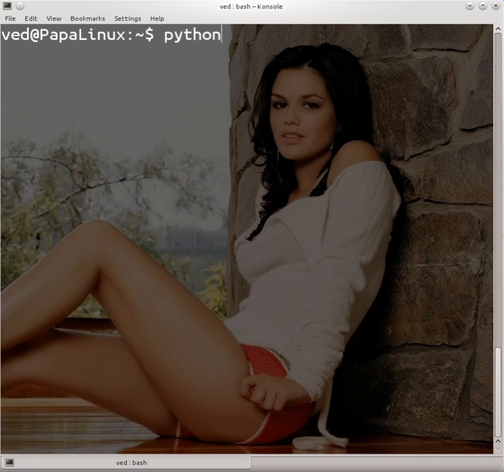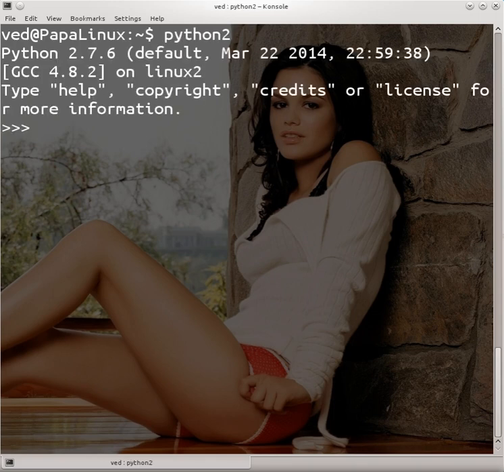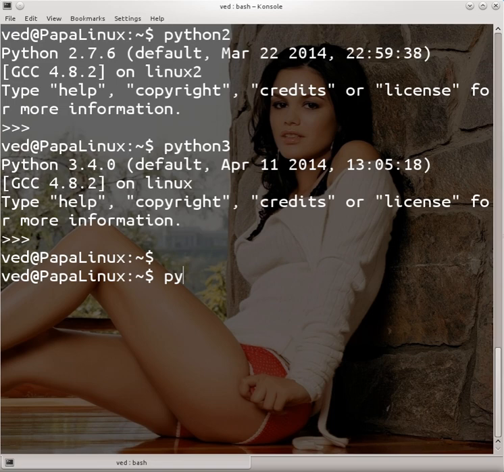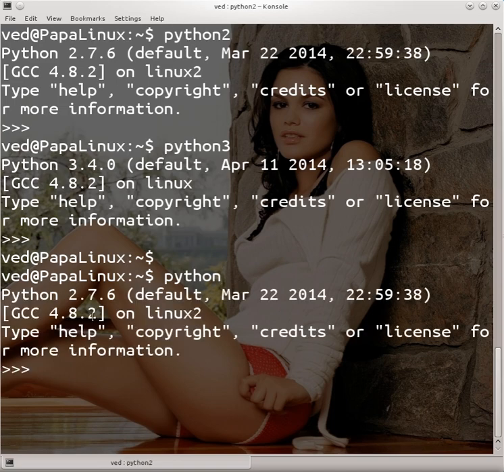The first one is Python 2.7.6, and the other one is Python 3.4.0. So the setup.py file got confused about how to deal with the multiple installations of Python. If I type in only python, it will load 2.7.6, because it is the default Python in my Linux machine. I want to run that setup.py with Python 3.